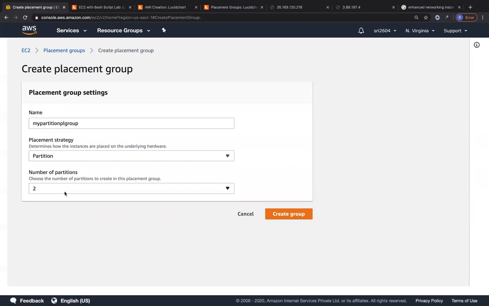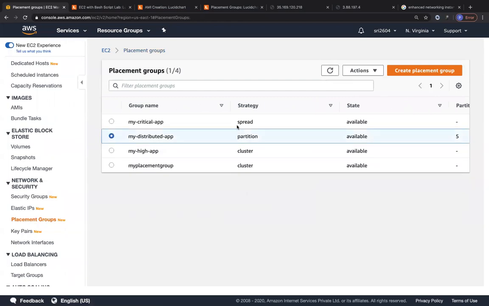But in a partition placement group, each partition that hosts multiple different EC2 instances gets its own rack, right? So that partition itself gets its rack. In that way, we will be able to run distributed workloads and so on. So we have to specify the number of partitions that we would like and click on create group. But right now we already have a partition placement group, a spread placement group, and a cluster placement group. Now I'll show you one small catch over here.